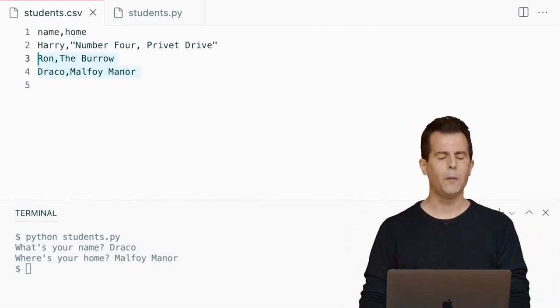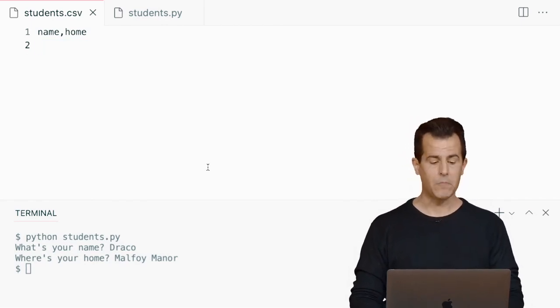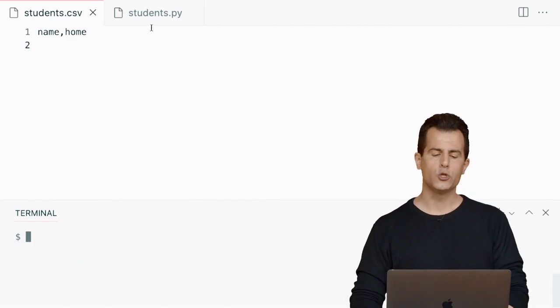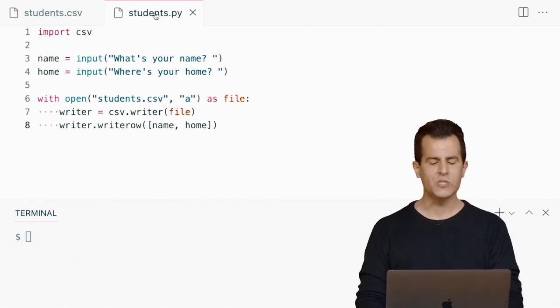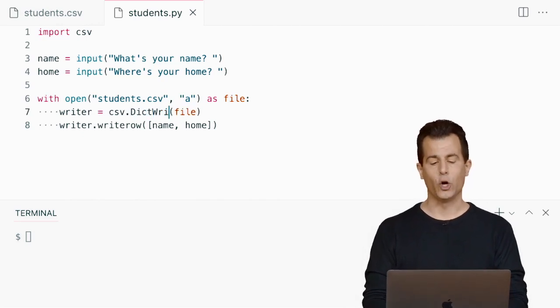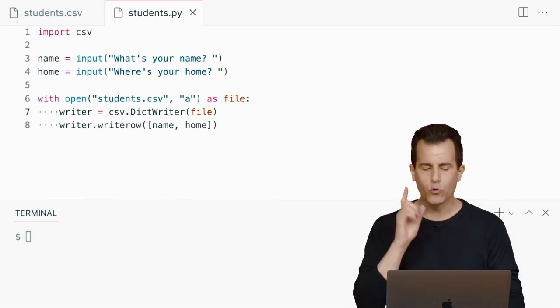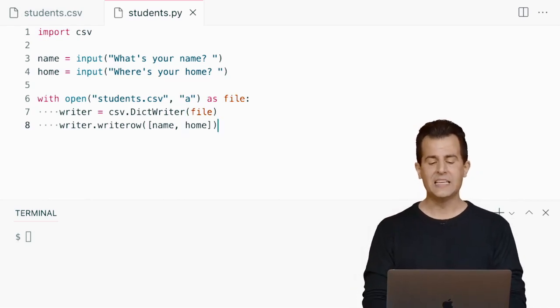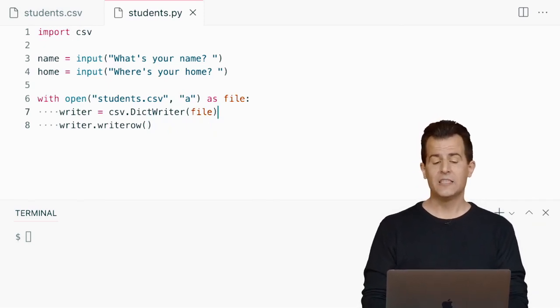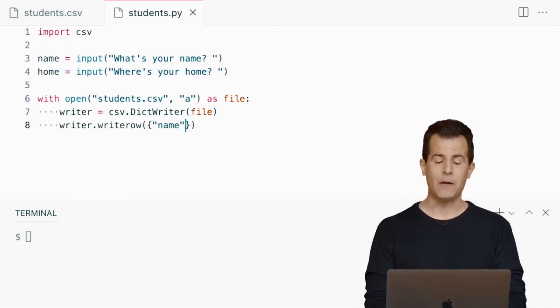So let me go ahead and back up and remove these students from the file, leaving only the header row again, name, comma, home. And let me go over to students.py, and this time instead of using csv.writer, I'm going to go ahead and use csv.DictWriter, which is a dictionary writer that's going to open the file in much the same way, but rather than write a row as this list of name, comma, home, what I'm now going to do is as follows. I'm going to first output an actual dictionary, the first key of which is name, colon,